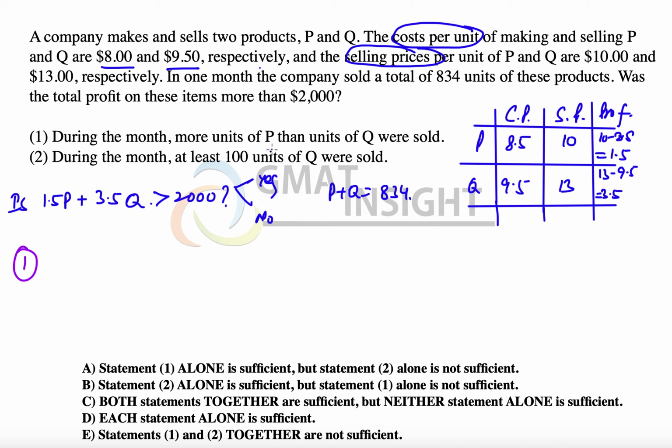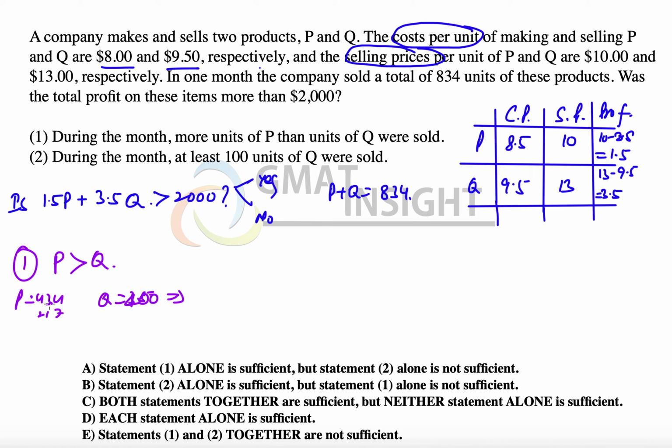During the month, more units of P than the units of Q were sold. So the number of units of P was greater than the number of units of Q, but that doesn't answer the question. We can take a few cases and then do the calculation here. If the units of P is equal to 434 and units of Q is equal to 400, then the total profit will be 434 multiplied by 1.5,